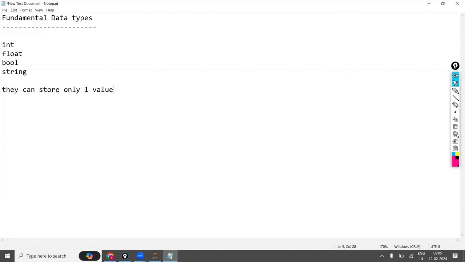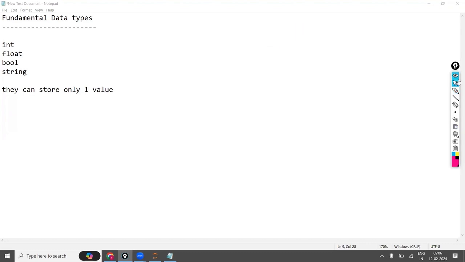The string will store one value, and that one value is multiple characters. If for example a string of hello is there, inside the hello, H-E-L-L-O, they are called characters. But value wise, it is one. Once you have opened the inverted commas and closed the inverted commas, whatever is inside is only one value. Coming to characters, multiple characters are there, but value wise, only one.